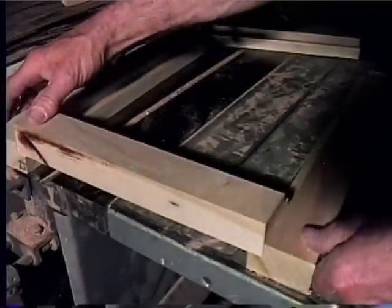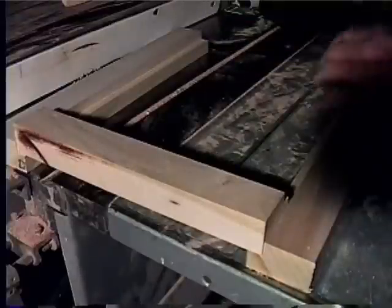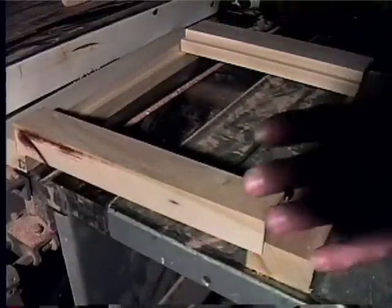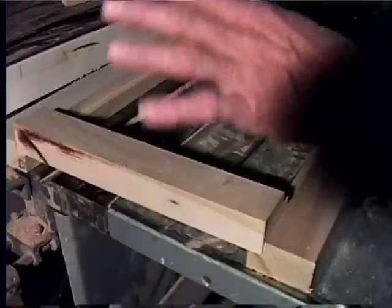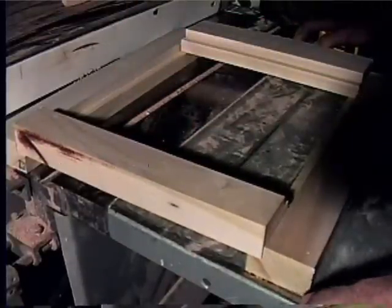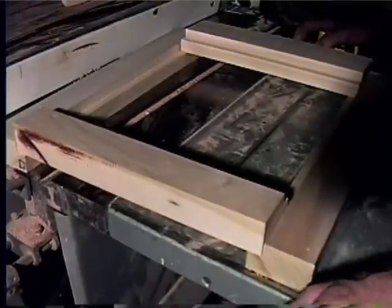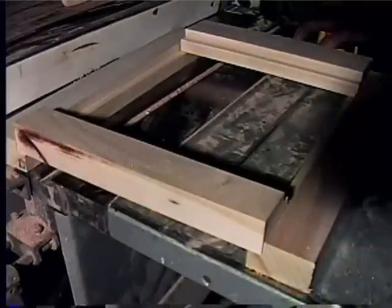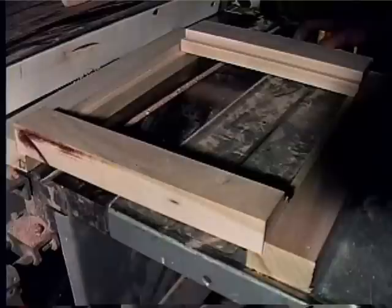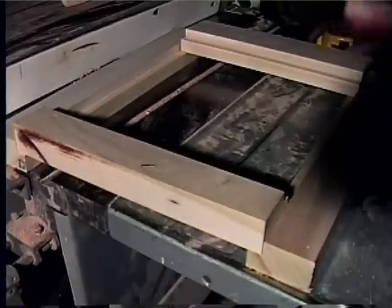Now we're going to do the same thing with the bottom. Put the bottom rail in. You get the height of the glass that you're going to be installing. Now I'm going to say this again because this is really important. We're getting down to the important part of this casement window. The height of your glass